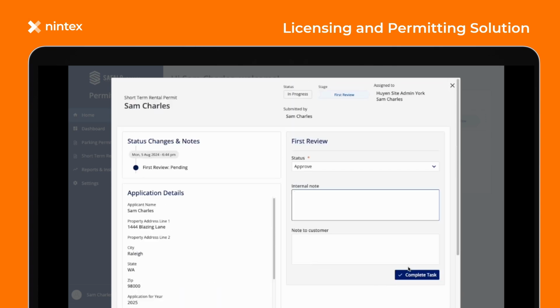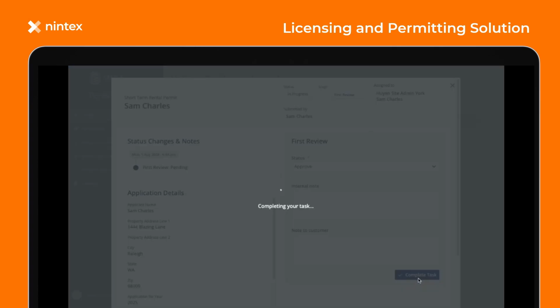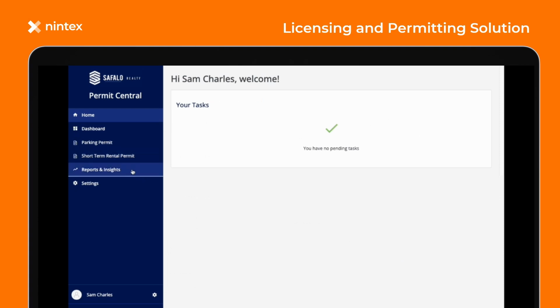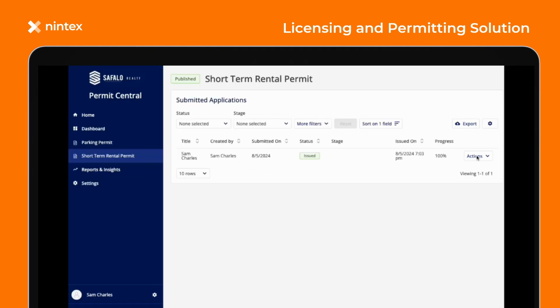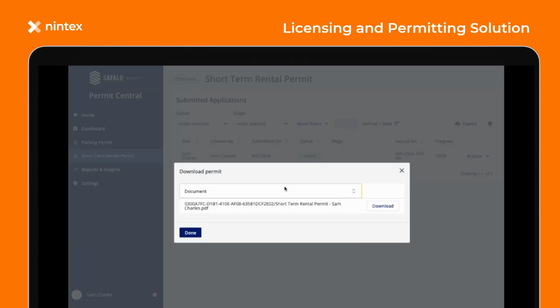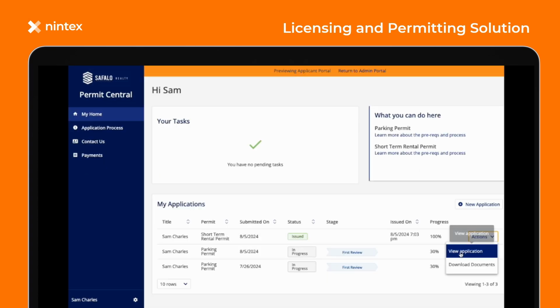And this will advance the application to the next step in the workflow, which is the issuing of the permit document. Once that's done, it gets sent to the applicant for their e-signature. Once the process is complete, the final permit document is available for download within both the internal and applicant portals. As you can see here,